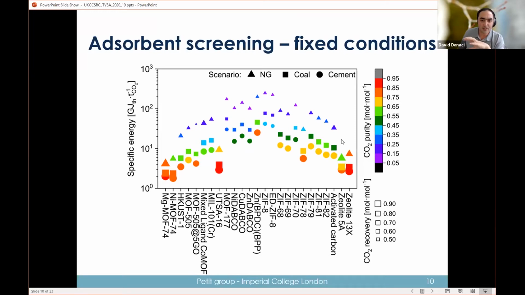And for the 13X case, we're up in the kind of 8 gigajoules thermal per ton of CO2. 4 gigajoules per ton of CO2 is really very close to the MEA benchmark, but considering that there are more advanced absorbents now available at kind of the 3 gigajoules per ton of CO2 mark, then